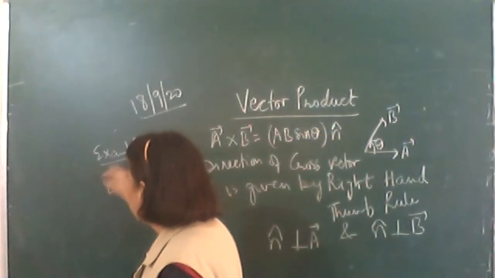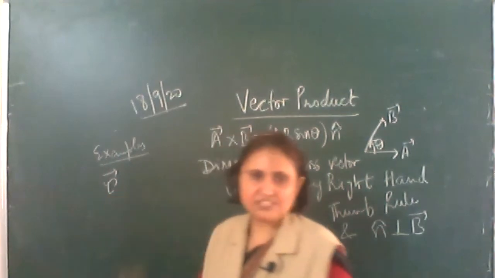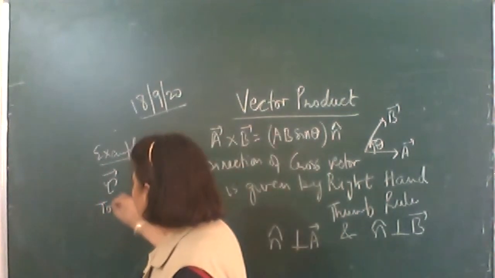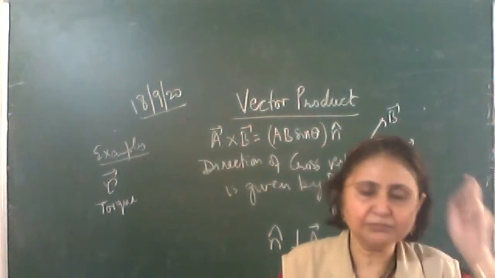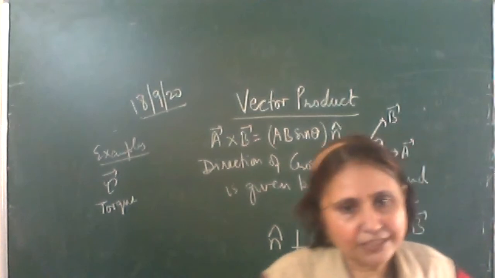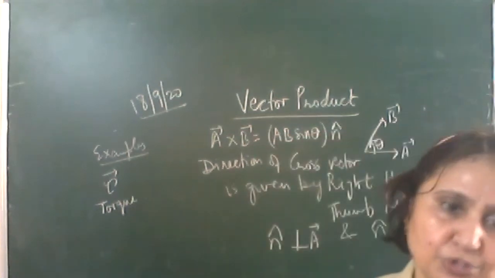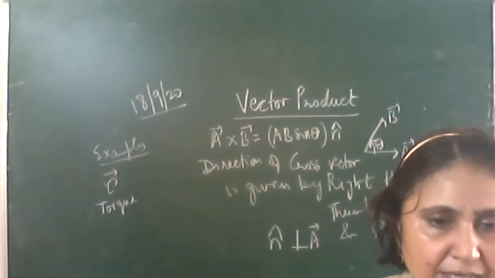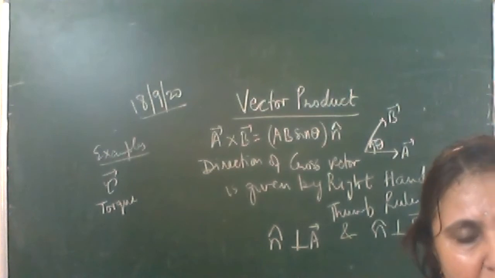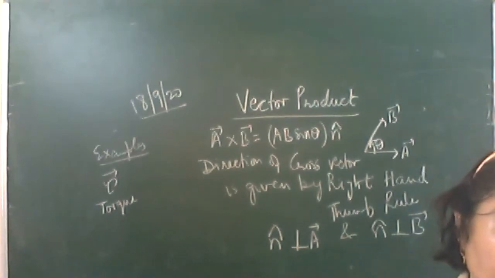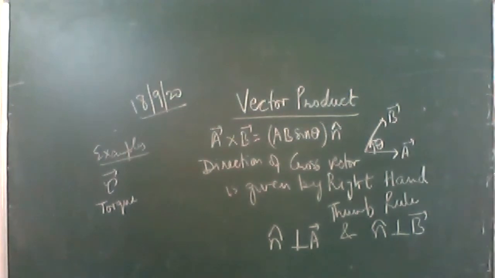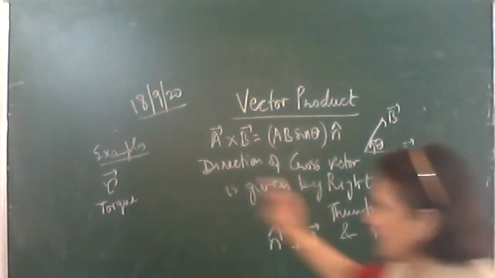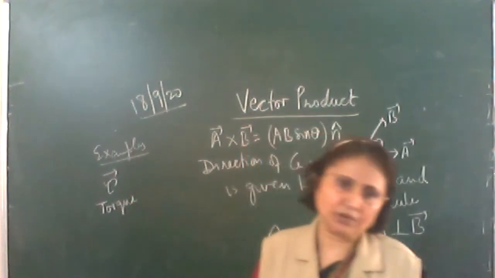Okay, here you will study about torque. This is called torque. While studying dimensions also, we have discussed this term, torque. Now what is torque? It is the turning effect which is produced due to the force. For example, when you shut or open the door, you are applying force on the plank of the door, but there is no linear motion of the plank. The door rotates about its axis. So this turning effect produced due to the force, we call torque.